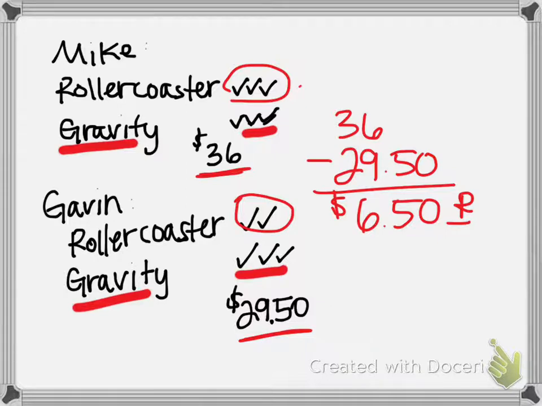After we find that the roller coaster costs $6.50, we can then go back into either one of them. Let's say we take Gavin, that each of his roller coaster rides costs $6.50. So if we take our $6.50 and times it by 2, his roller coasters cost $13. And so we can take that $13 off his total and get $16.50. We know that he rode the Gravity one 3 times, and so we can divide that $16.50 into each of those 3 rides on the Gravity and get